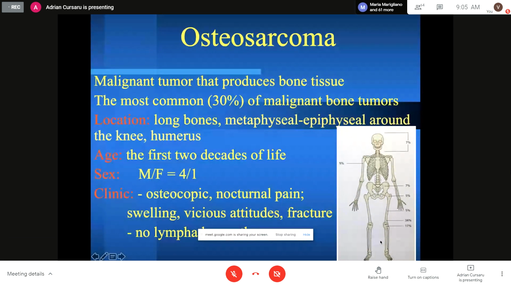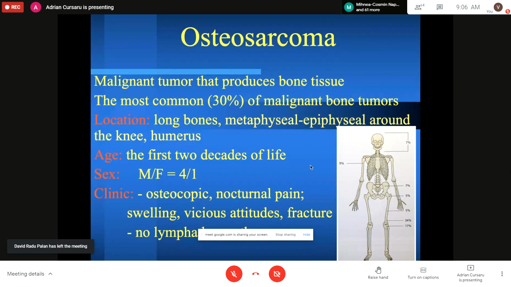Where is the localization of that type of tumor? It is localized on long bones, metaphyseal, epiphyseal, around the knee and the humerus. It is more frequent in males compared to females. At clinic, we will find nocturnal pain, swelling, and in many cases you will find a fracture